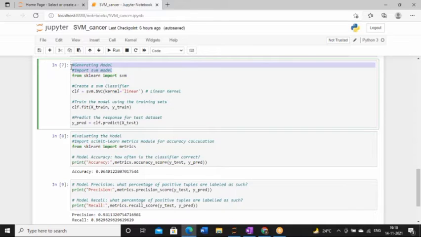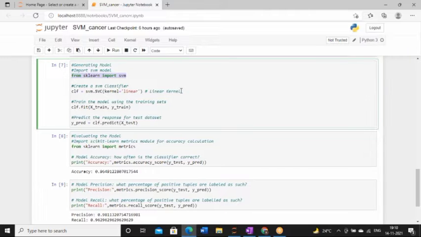And this is true for all types of machine learning models, whether you want to work with SVM or a linear regression model, anything. Here we are just generating the model. So what we have to do? First we have to import the SVM module and create the support vector classifier object. This thing you have to keep in mind.